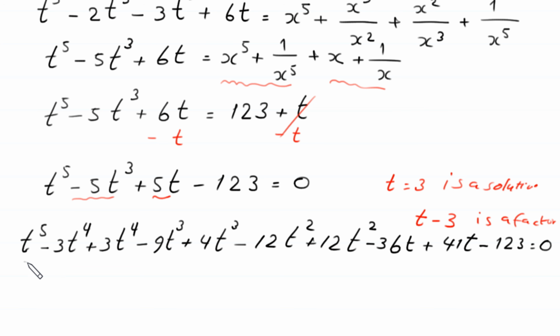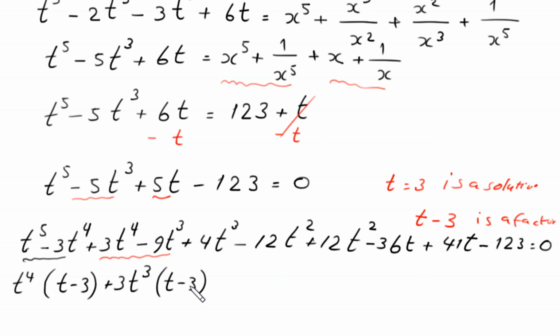Now from these two terms we can factor out t to the power 4, in bracket left t minus 3. From these two terms we can factor out 3t cubed as common, in bracket left t minus 3, and from these two terms, 4t cubed minus 12t squared, we can factor out plus 4t squared, in